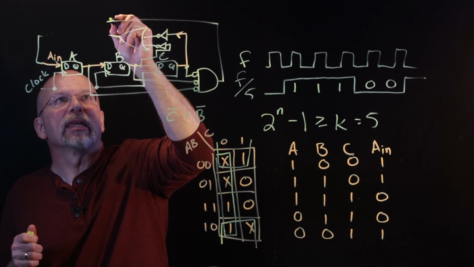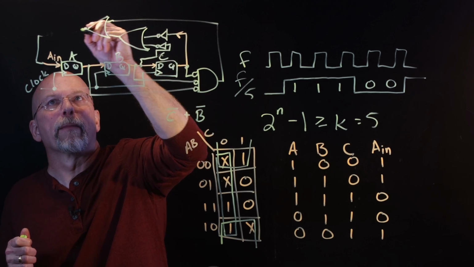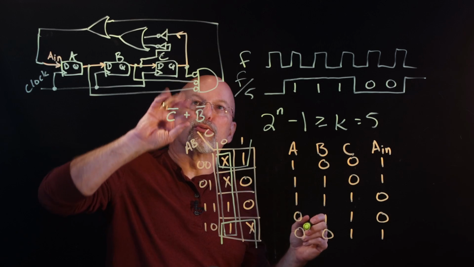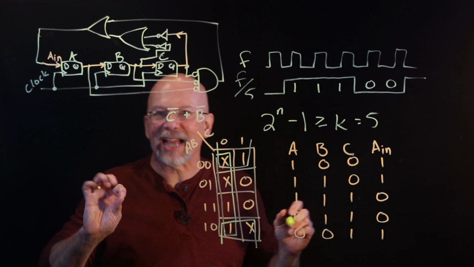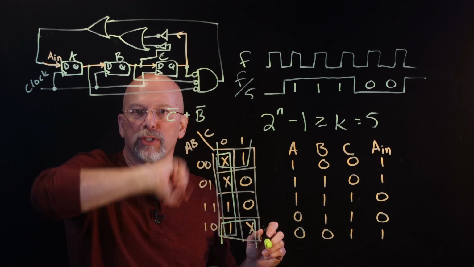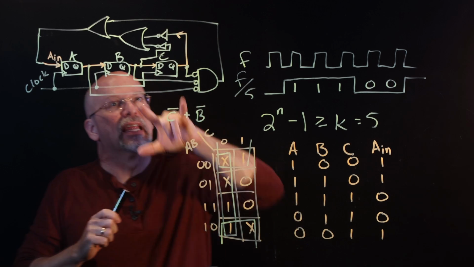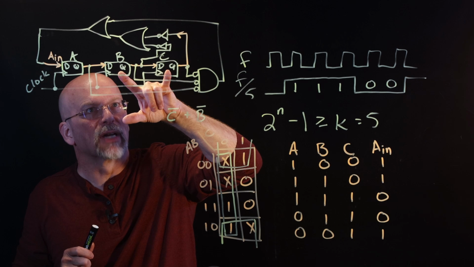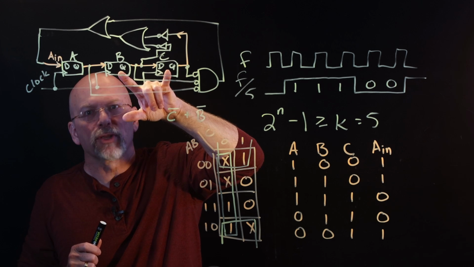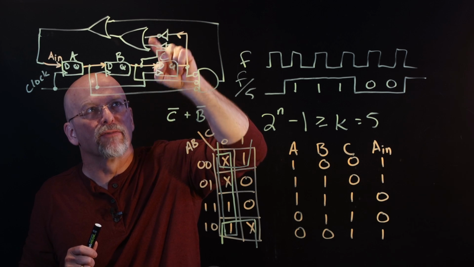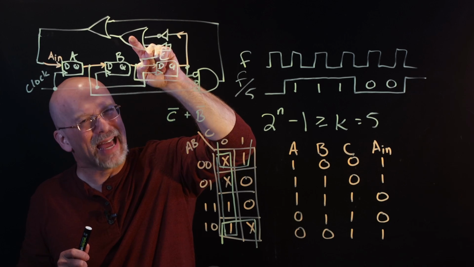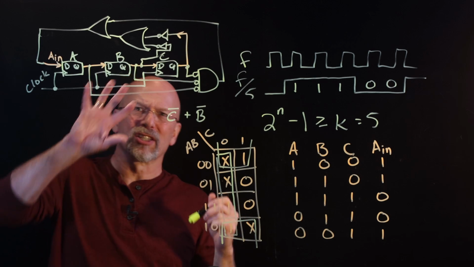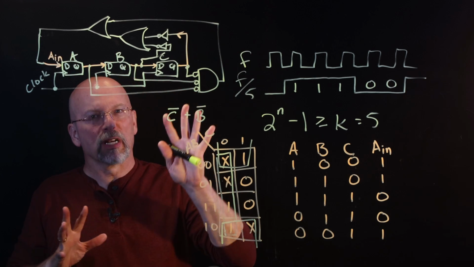We can put that into an OR gate, and that will give us a way to protect ourselves from ever accidentally getting into the 0, 0, 0 state. Now, this particular circuit, if we did get into the 0, 0 state, these two guys would actually both contain 0, which means their inverses would contain 1s, which means that guy's going to output a 1 anyway. So this protection circuit is not necessary with this circuit, but I just wanted to let you know,